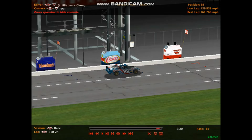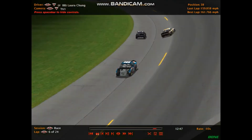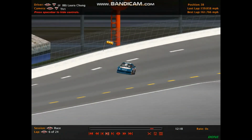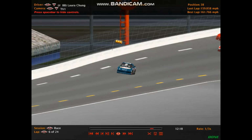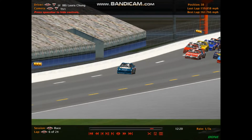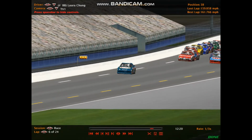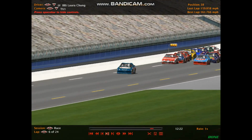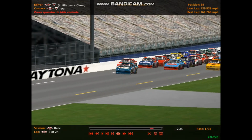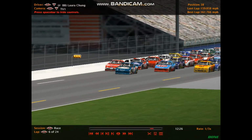Yeah, Laura Chung was a bit too slow on the track right there for everybody to get by cleanly. Because when she lost the drive, she lost it big time. And look at how fast Laura is going. Only 159 miles an hour down the backstretch. She's up to about 160 by the time